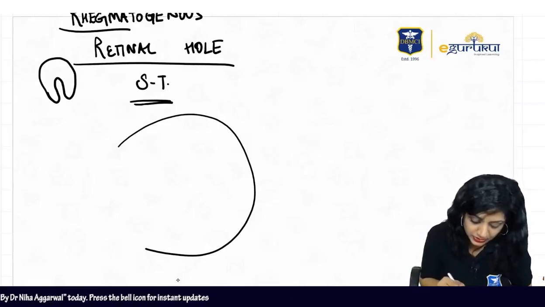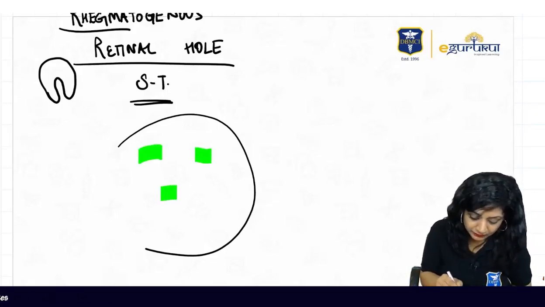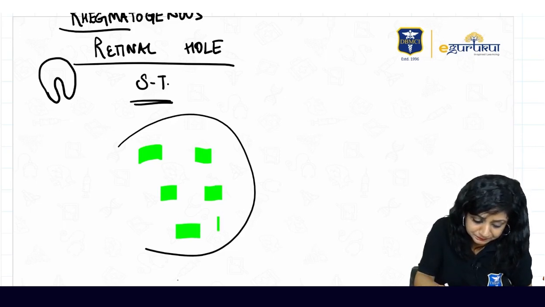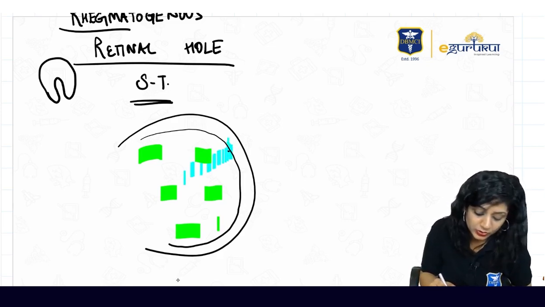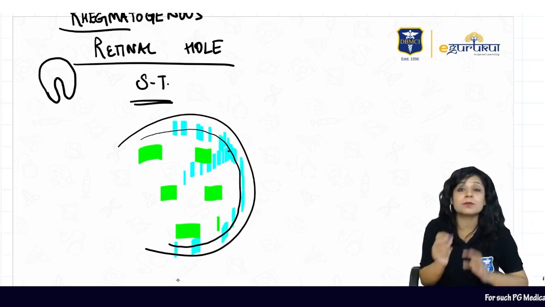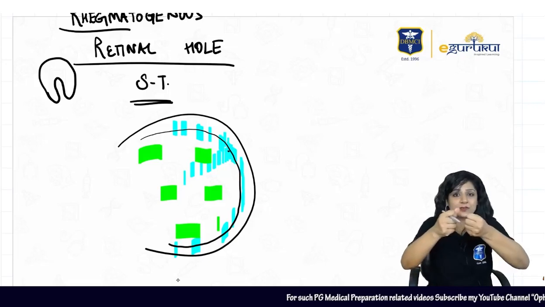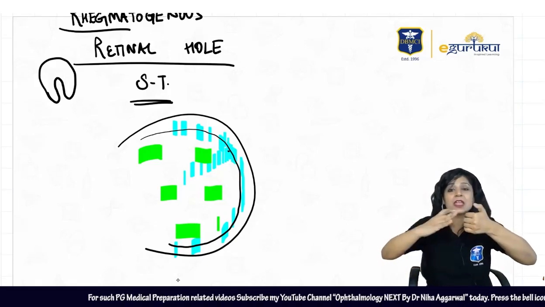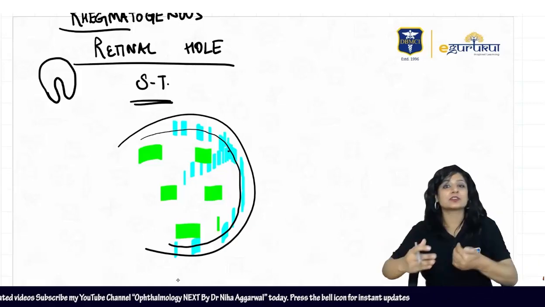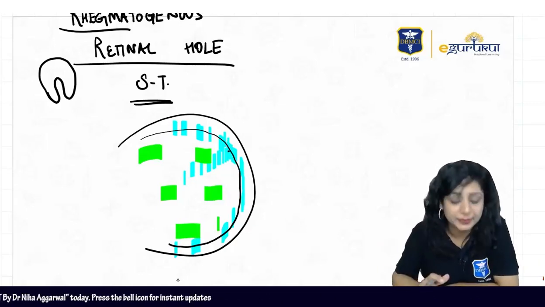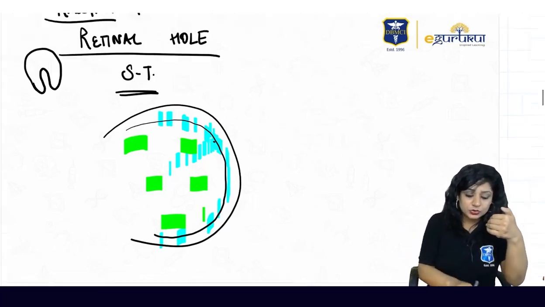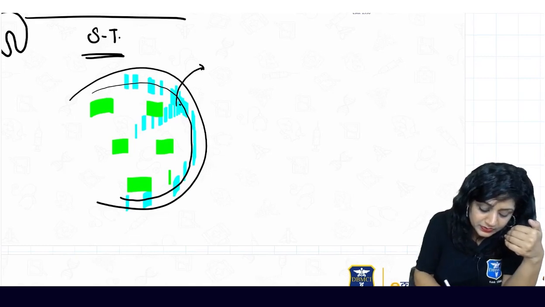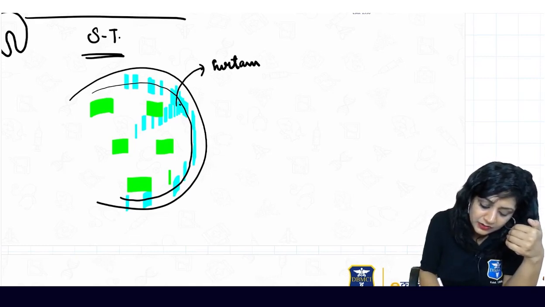This is the vitreous cavity, and therefore you will have a greenish color here. And here we have the retina. Now in this retina you have a hole. So whatever the fluid is, it will go through this hole and start accumulating in the subretinal space, and therefore it will start creating a separation between the RPE and the neurosensory retina, and that is actually retinal detachment, and that is why it's a misnomer. Because you have got separation, this retina is falling, so it becomes visible as a curtain-like effect, a very, very important thing.